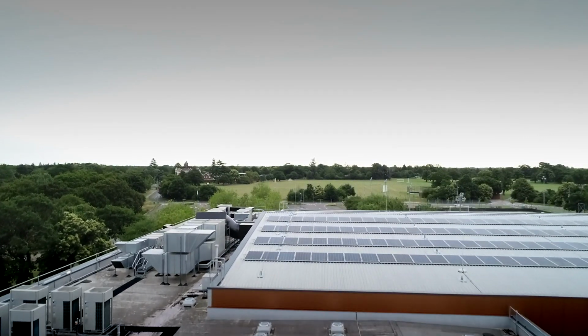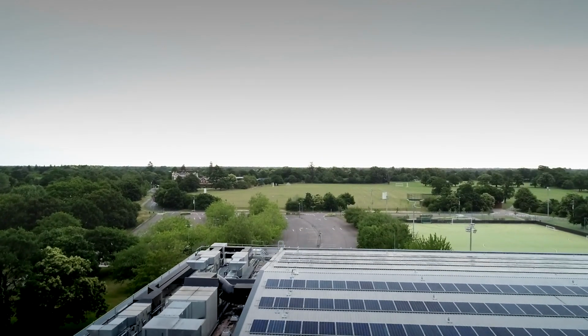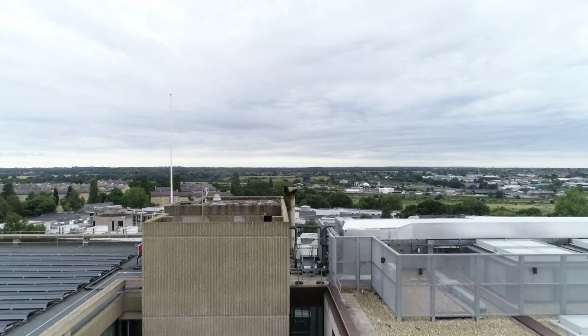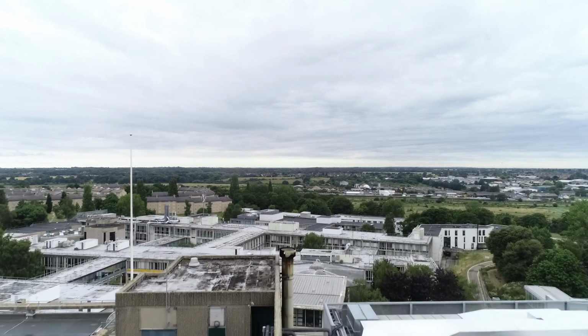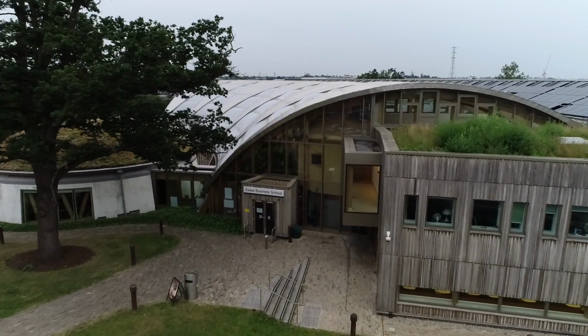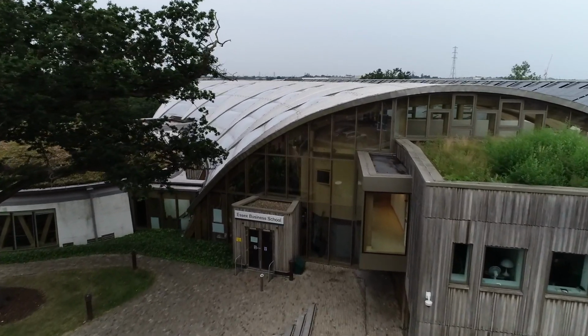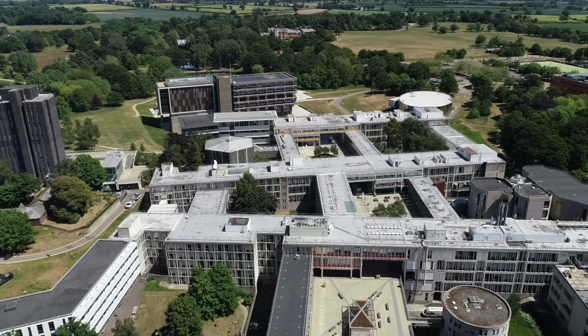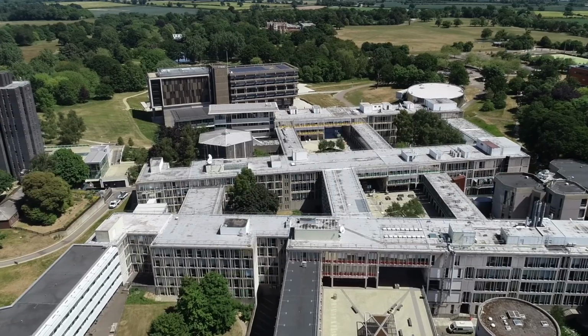There will be some measures that will be fairly simple, but as more and more of the simpler measures are implemented, we then move through the more complex measures. And as a university that has a huge and varied building stock, that's going to become increasingly challenging. We have certain buildings that are very efficient and use very little energy, but we've also got buildings that are 50 plus years old and are very inefficient. And so to bring the university estate and infrastructure to where it needs to be is a hugely complex and